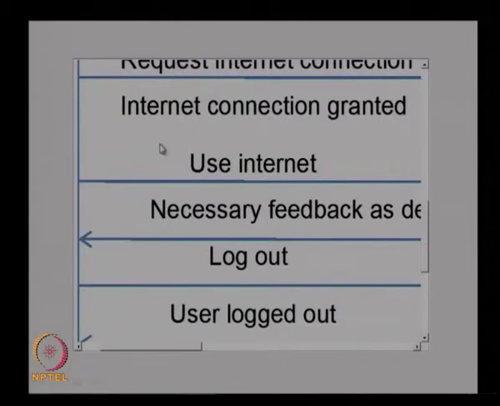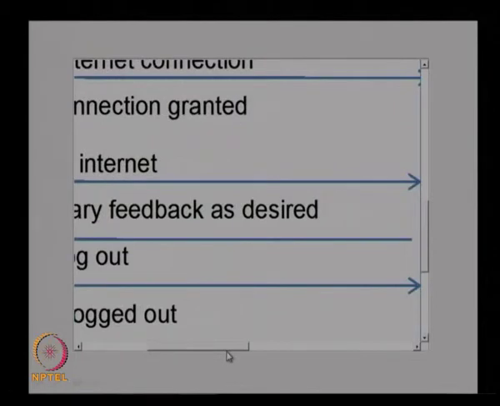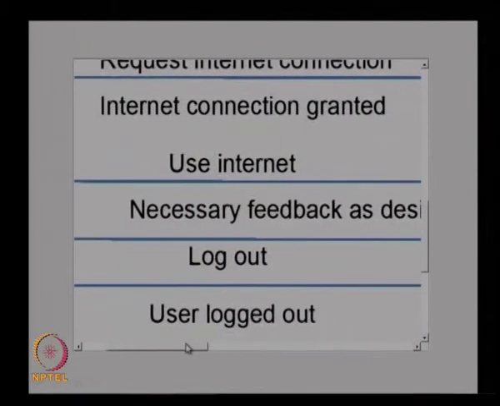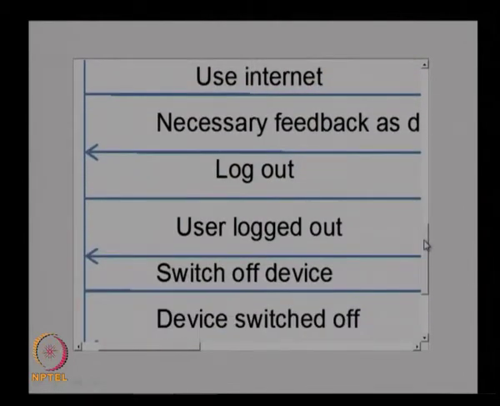Then the user uses the net, and feedback will be there about the desired functions, whether he wants to do any particular activity, and once he completes the activity he will be logging out, and then there will be a feedback that the user is logged out,